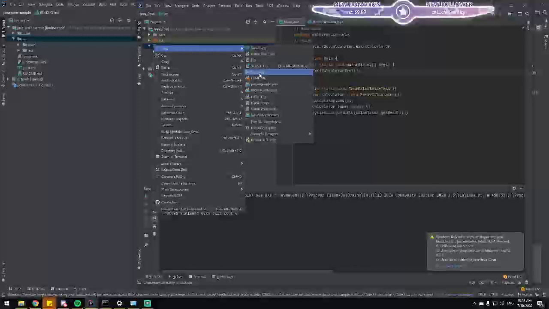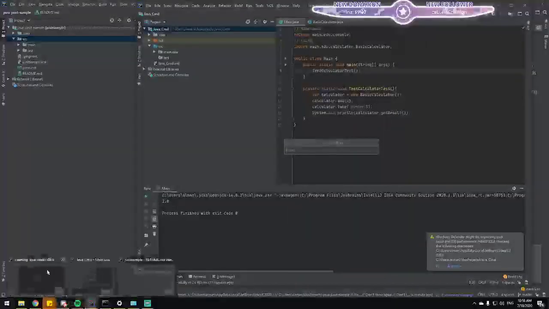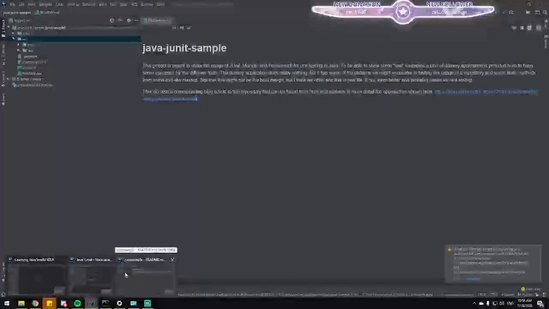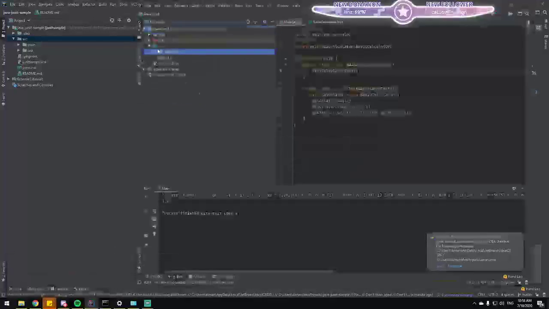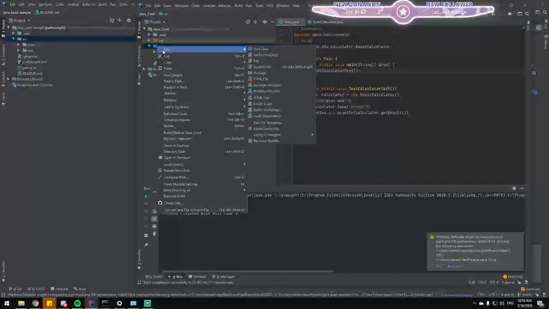Why can't I create a folder from here? I can create a folder from here though. Wait a minute. Source main. Oh, wait. Source new.